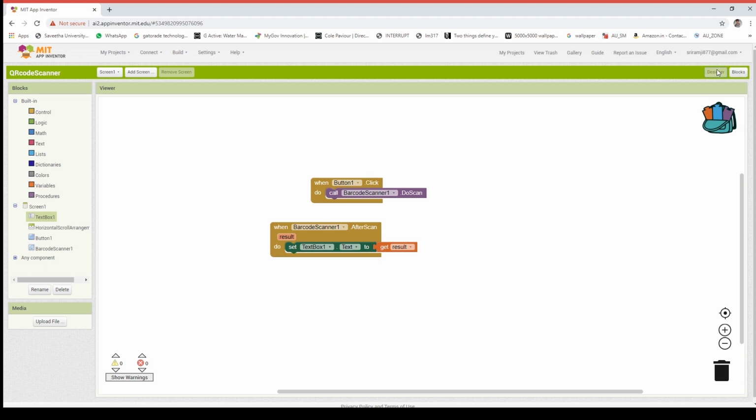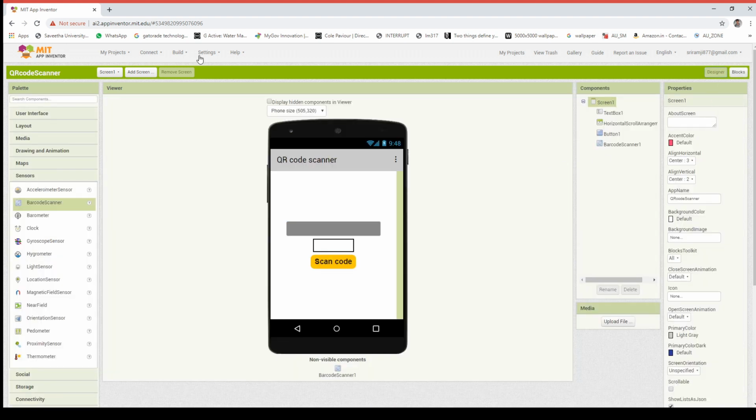So for getting the APK file, there are two options: we can download the APK file to our system, or else we can get a download link by generating a QR code here.